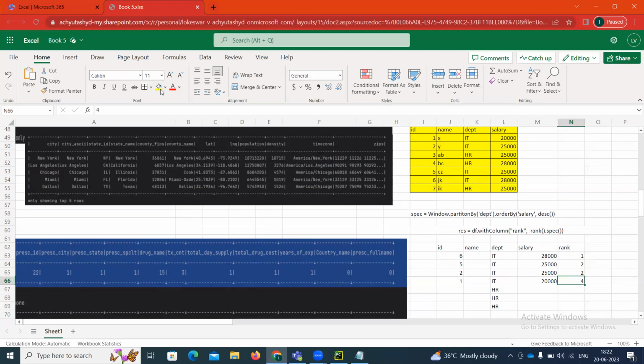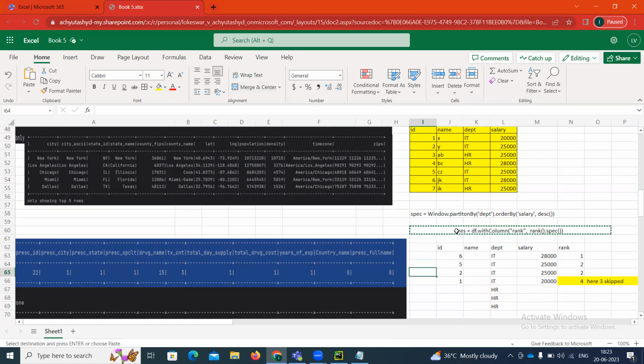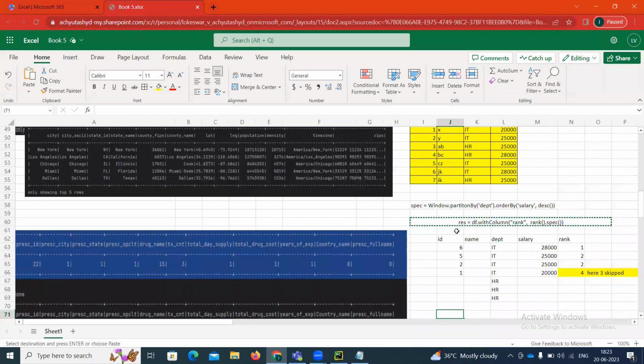What happened here? In the rank, when the two values are same, it will give the same rank and skip the next rank. Okay. Here, 3, skip. That is about the rank. Then dense rank. If you apply the dense rank, what's going to happen means